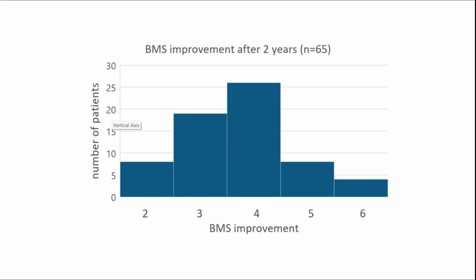What was the improvement in score? You can see on average they have about 4 points, but the minimum is 2. So we consider it a success when the score improves by 2 or more. Then you say, okay, it's a helpful thing. That is what the patients also indicate. When they have an improvement of 2, they say, yes, I'm happy with this belt.